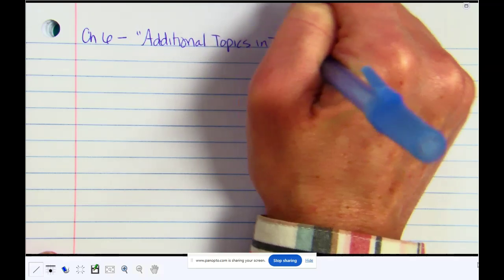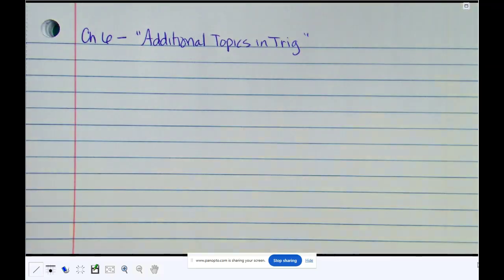But we actually spend a decent amount of the time talking about vectors, and we talk about vectors because they do have a relationship to trigonometry. But the vector math itself does not have a lot of trig in it. So a little bit of trigonometry, but nothing as intense as what we were doing. So the first thing we're going to talk about today is the law of sines.